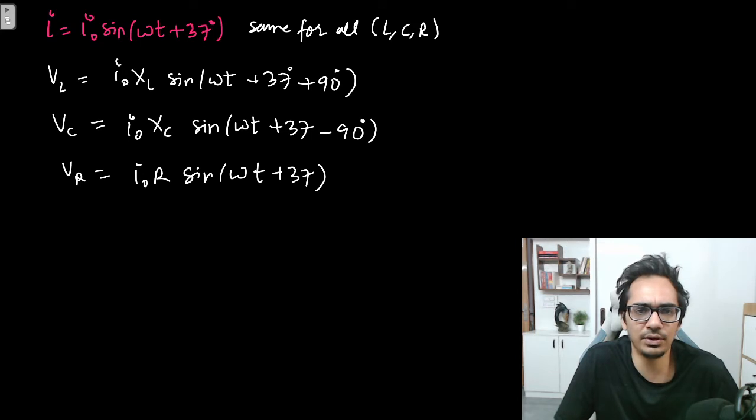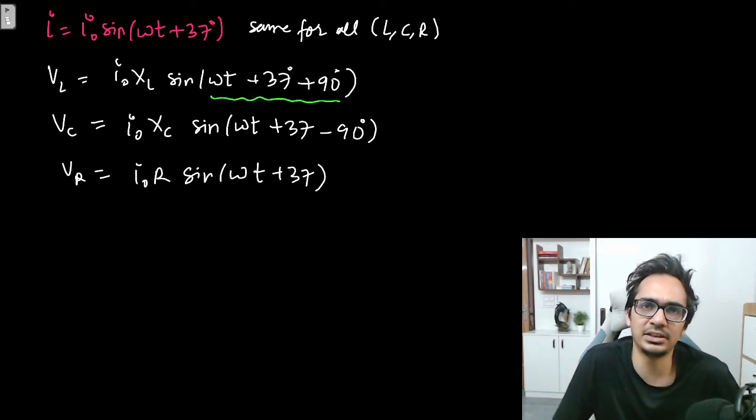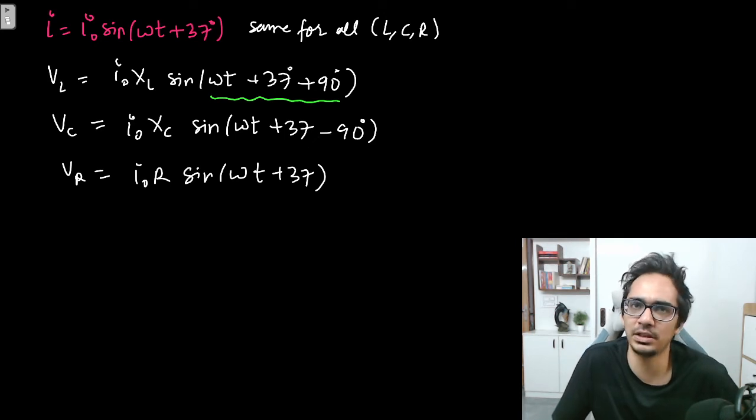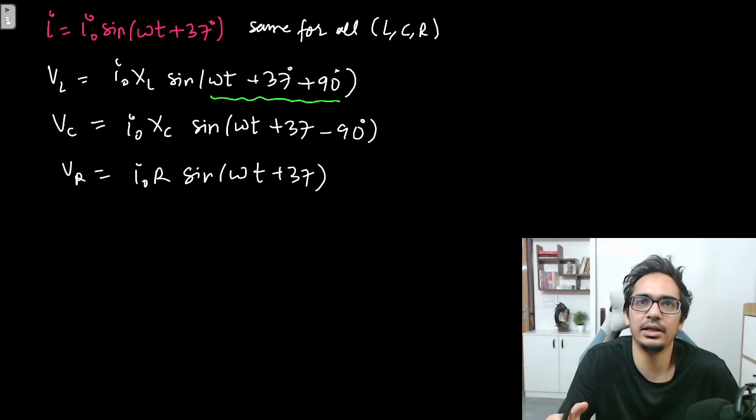So now you can see for the inductor it is omega t plus 37 plus 90. Now we want it maximum. So either sine theta should be plus 1 or minus 1. Both represent maximum only, right? The magnitude. So it is already 90 has crossed, 37 has crossed. So when will this be maximum? Sine 90 is maximum, and then at 180 it will be 0, and then it will be 270.